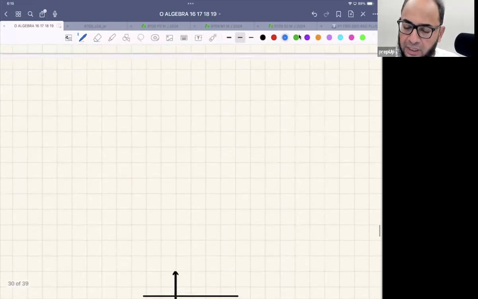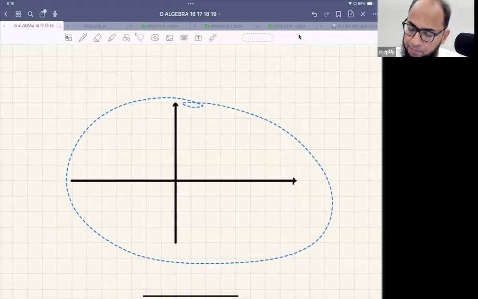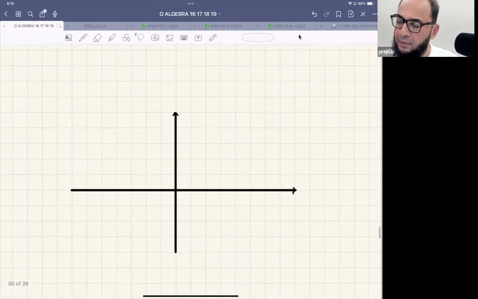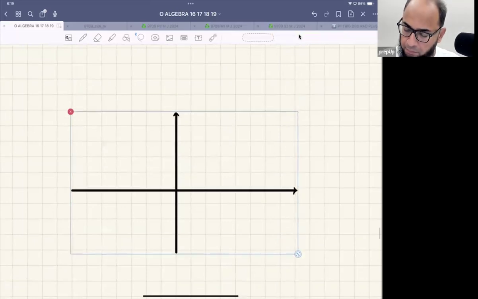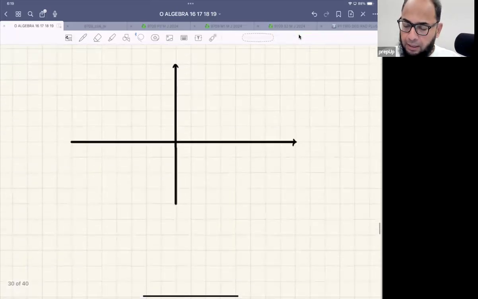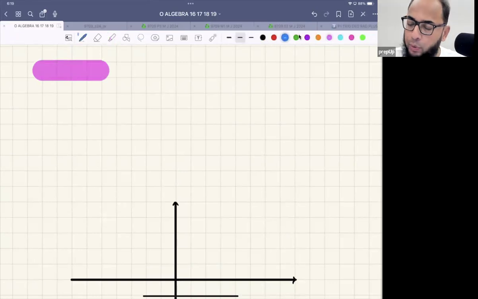Now, first of all, let me take this grid and draw the graph. Hold on for a second, I've copied it. Let me add a page over here. And over here, let me draw the graph of y equals negative k over x. k is a positive constant,